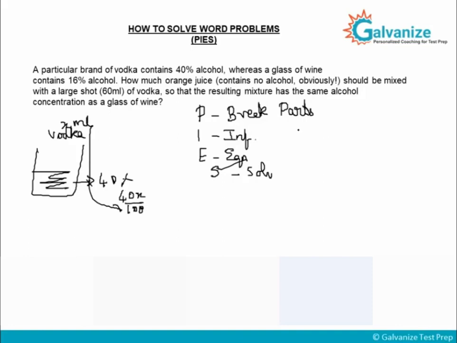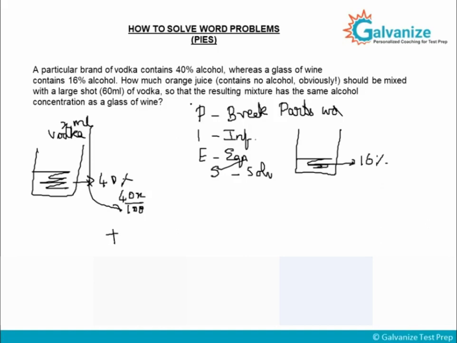Then a glass of wine contains 16% alcohol. So this is wine here. This contains 16% alcohol. So what is the alcohol concentration here? It is just 16%. Right? Now, how much orange juice, which contains no alcohol,